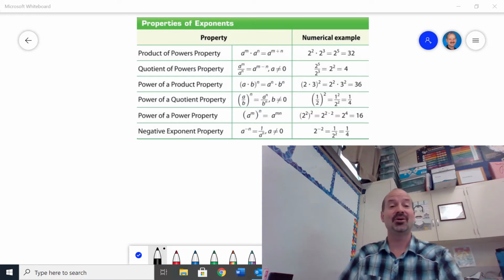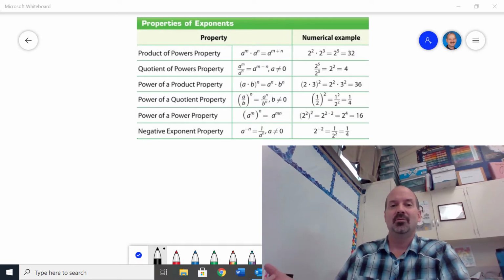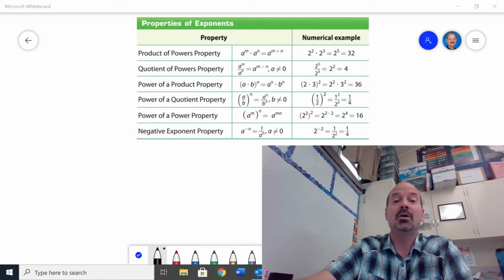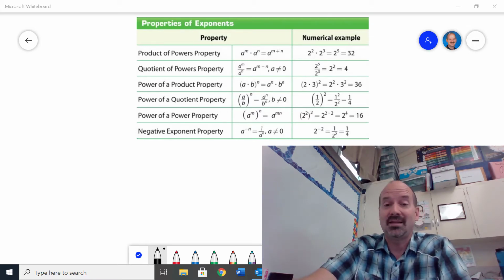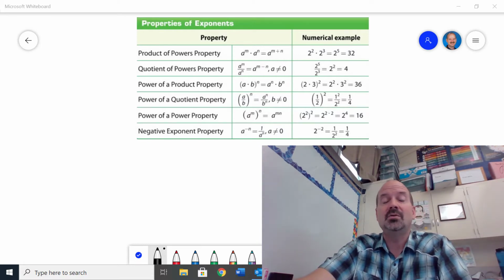Let's take a look real quick at some of the properties of exponents. So we'll begin with one that you should already know, which is called the product of powers property. That basically is saying if you're multiplying two powers, you can add the tops. And they have an example over here where it says 2 to the second times 2 to the third is